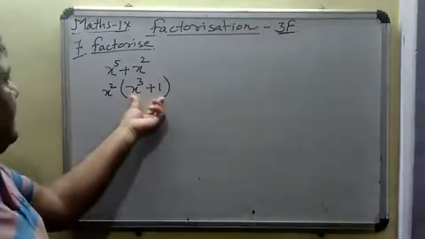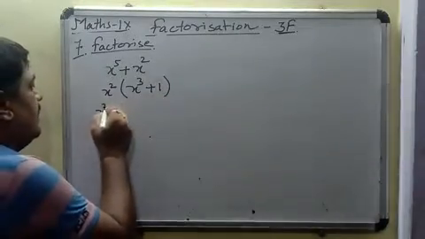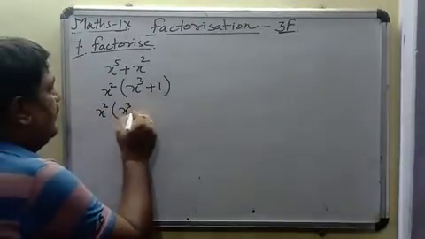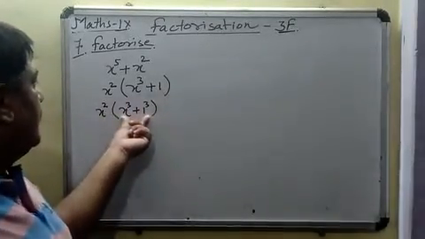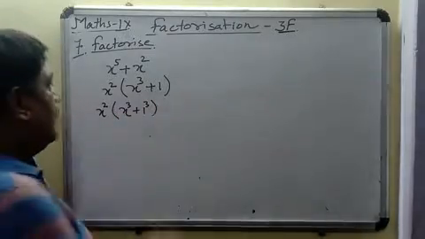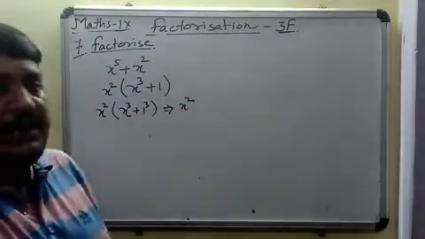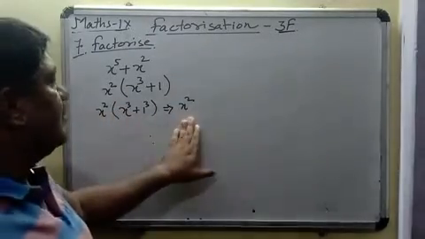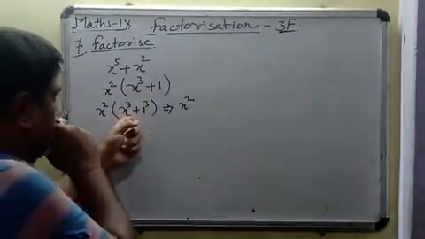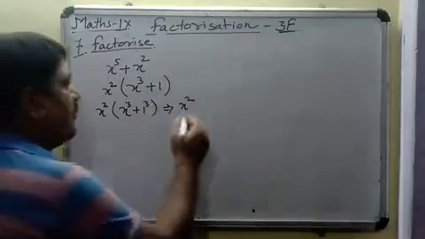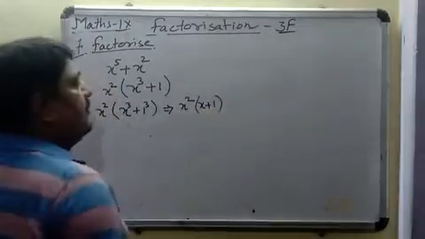So we can say that it is our a cube plus b cube. It can be written as x square as a common, x cube plus 1 cube. Simple. Now put it in the formula format. x square is kept as it is, there is no change in the value of x square. We have to keep this x square as it is. Then a cube plus b cube stands for a plus b in the first bracket.